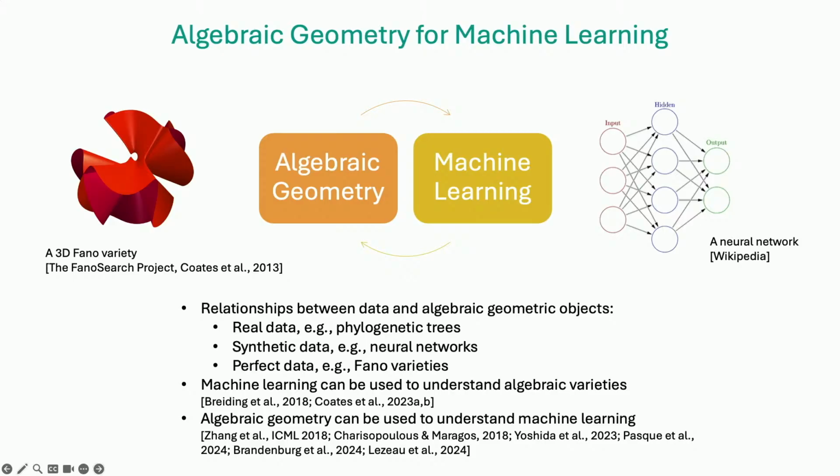And so, as I mentioned before, relationships between data and geometric objects can be modeled by these varieties, right? For real data, I mentioned that I worked quite a lot with phylogenetic trees. The set of all phylogenetic trees actually forms a particular type of algebraic variety, in particular a tropical variety. I've worked quite a lot in that. And then there is synthetic data as well. I consider neural networks to be like synthetic data. Of course, this is a matter of approach and perspective, but if you think of neural networks trying to learn the way that a brain does, you can think of that as a sort of synthetic data.